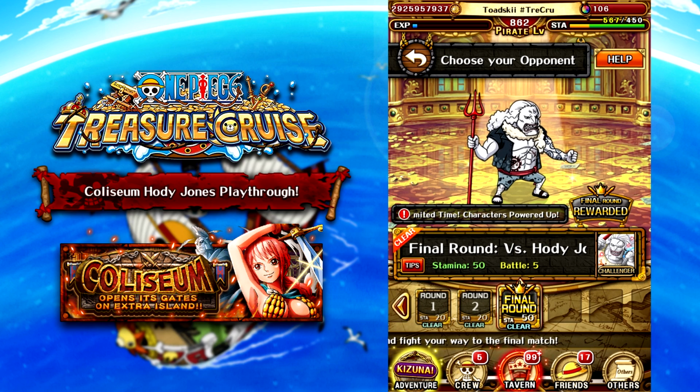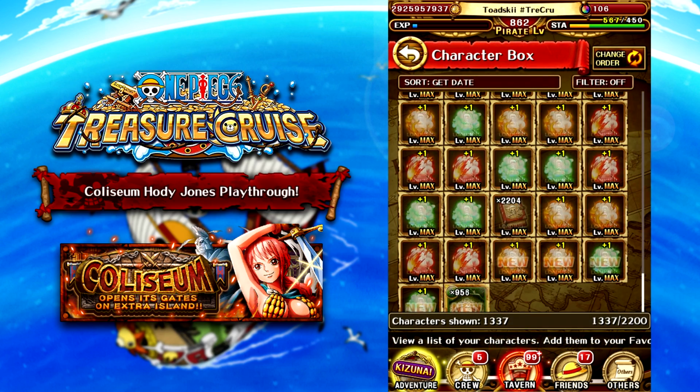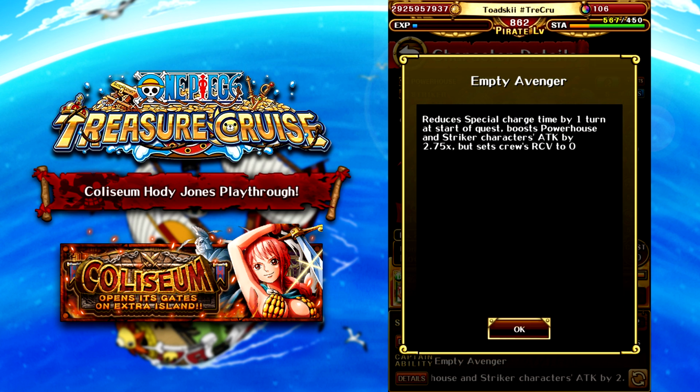So before we get into all 3 stages of this fight, I want to go ahead and just talk about the character himself. I have just completed maxing him out, fully rainbowed, socketed, everything. Here is Coliseum Hody Jones, who is a Dex powerhouse striker, the exact same class and type combinations as Legend Kaido. His captain ability will be reducing cooldown by 1 at the start of the quest,